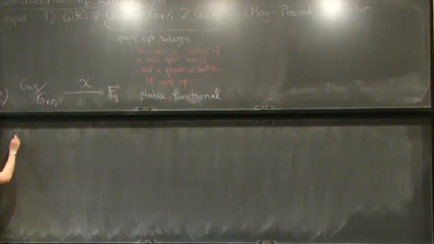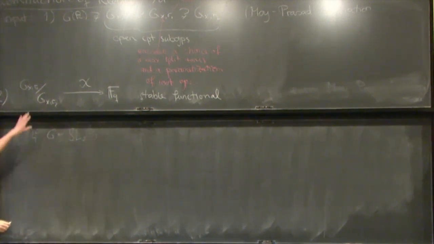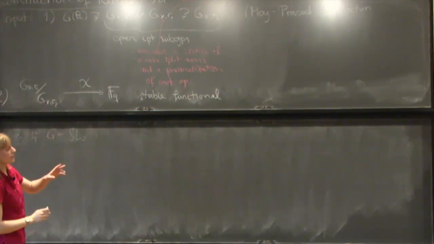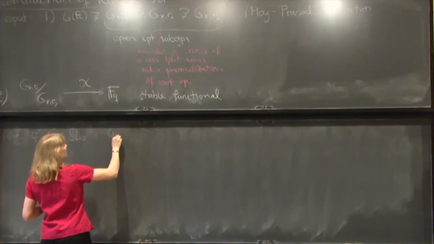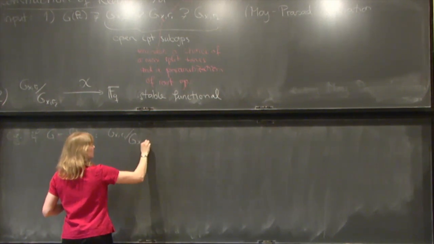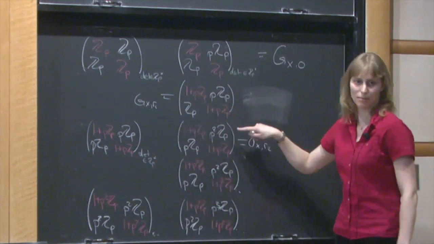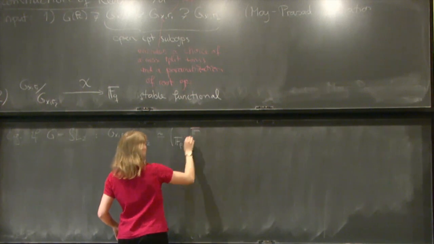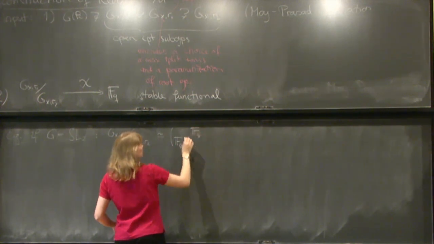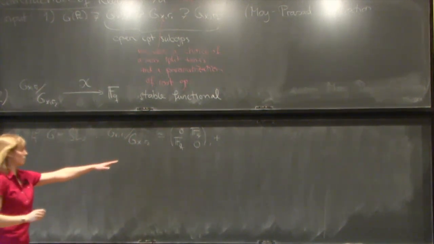So the example to keep in mind, if G is SL2, what do we get? So let's take the right filtration. For the right filtration over there, we get G_x,r1 mod G_x,r2. If you look at this, between these two groups, the thing that changes are the off-diagonal elements. So this quotient is actually isomorphic to F_q, sorry, isomorphic to F_q on the antidiagonal elements with respect to addition.